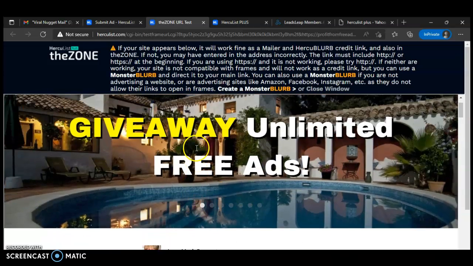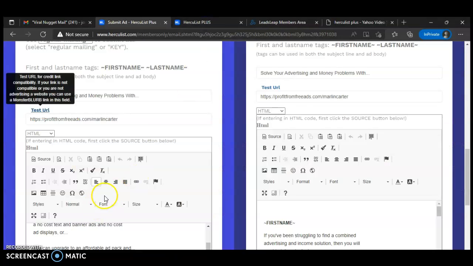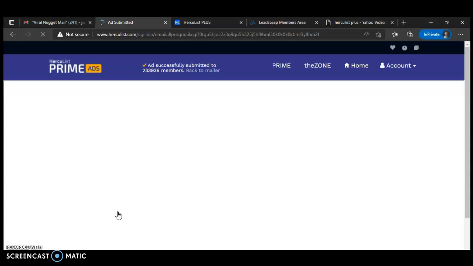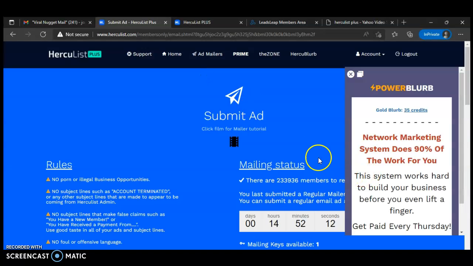And that's my ad right there. Now I go down, and I'm going to submit my ad. Boom, it's gone. Ad successfully submitted to 233,936 members. So I'm going to go back to mailer and I'm going to go